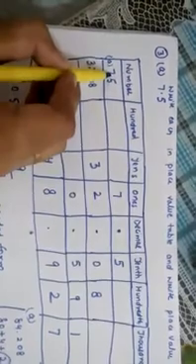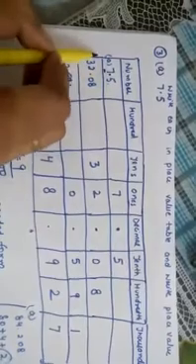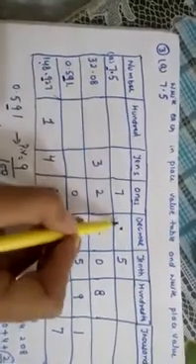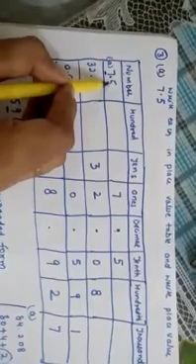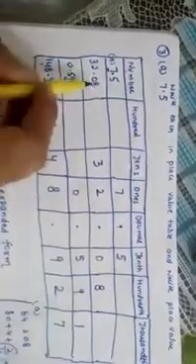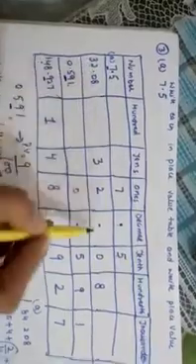Then the first part is 7.5. First of all we have to see who is before the decimal: 7. It is at the first place, means it is at the ones place, so we will write it below ones. After this the point is there, we will write it in the decimal part. Then the first digit after it is in the tenth place, so we will write it below tenth. Similarly all other parts: ones, tens, then decimal, tenth, and hundredth. In this way all these parts are also written.